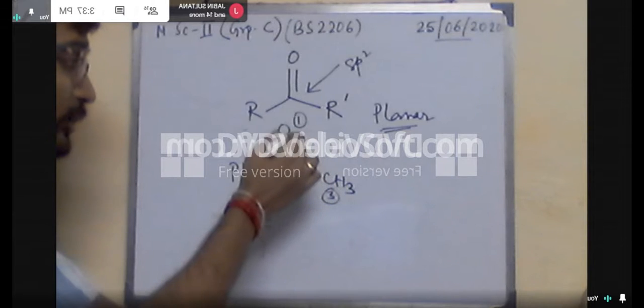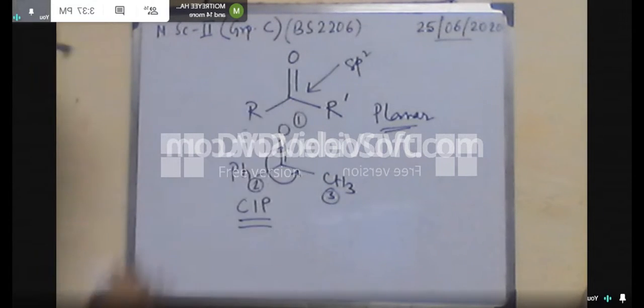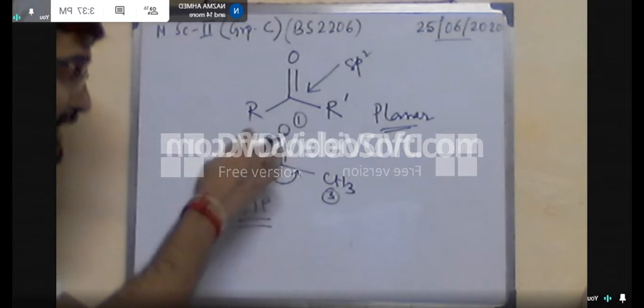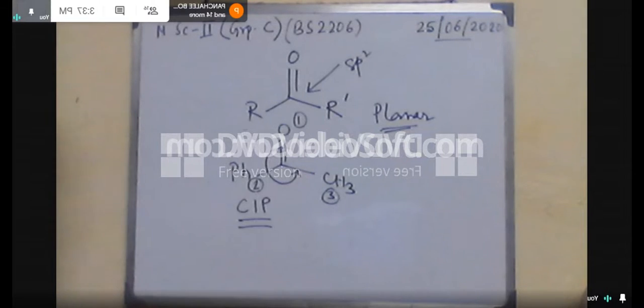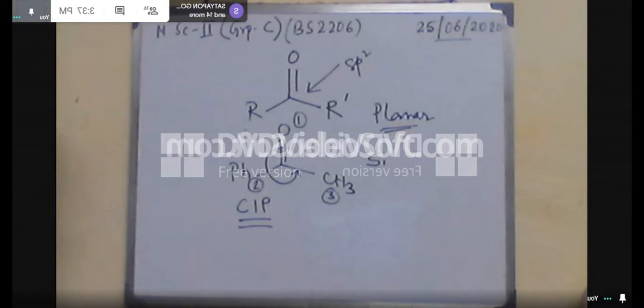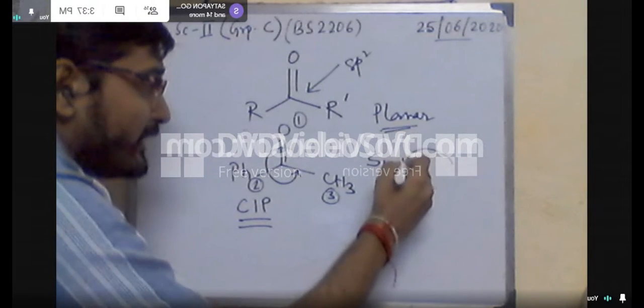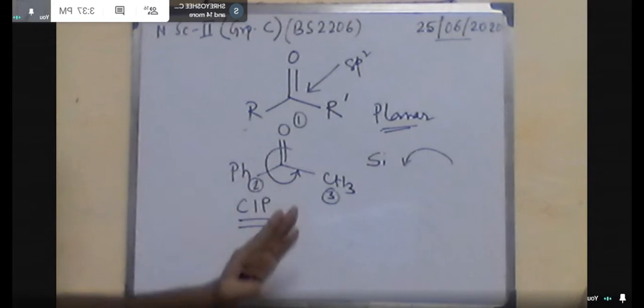But with respect to the face, we can designate in terms of topicity. Here you can see that from the front face, these substituents are arranged in an anti-clockwise fashion. So the front face, the anti-clockwise face, is designated as Si face. That means it is for the anti-clockwise rotation. Similarly, the opposite face, that means the backward side of this whiteboard. If a viewer sees the molecule from the back side of the whiteboard, he or she will see it this way.